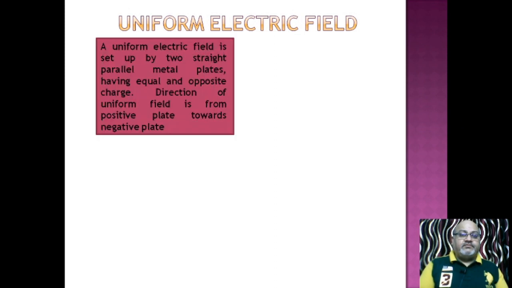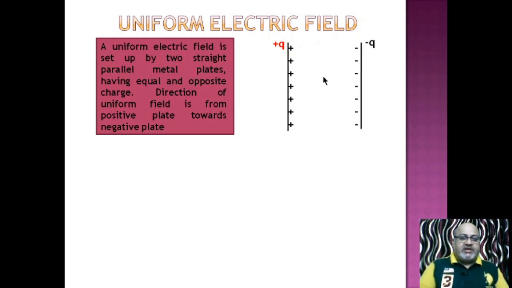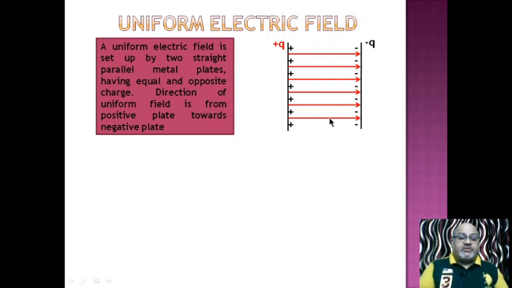So what will be a uniform electric field? See, we can create a uniform electric field by placing two charged plates. This is one charged plate having positive Q charge. This is a metallic charged plate. Another charged plate, a metallic charged plate with minus Q charge. Charge in equal magnitude. See what will happen. Electric field lines will originate from the positive plate and terminate at the negative plate. Now see what is the pattern of electric field lines. They are parallel and their separation is also equal. They are equally separated from each other.